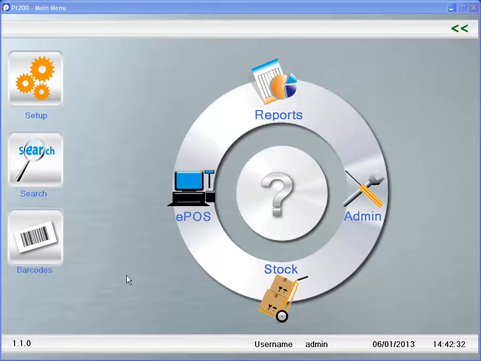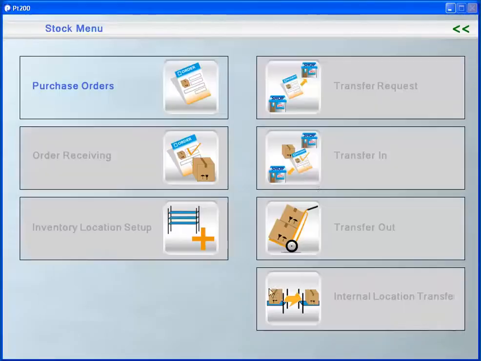In this tutorial we're going to cover the raising of purchase orders for stock in the PT200 solution. If we click the stock button from the main menu, you'll see the stock menu, and we're going to be going into purchase orders, but as you see, there are a number of other buttons that are